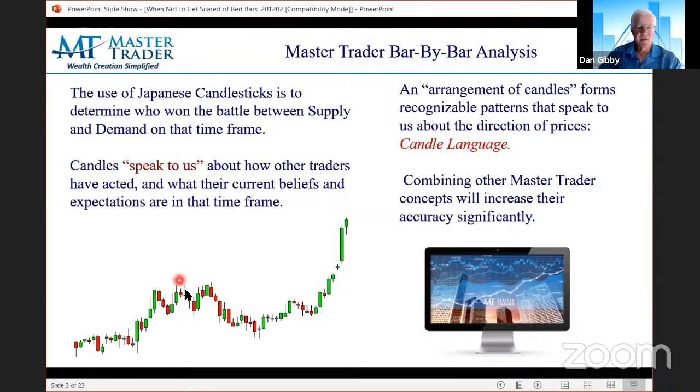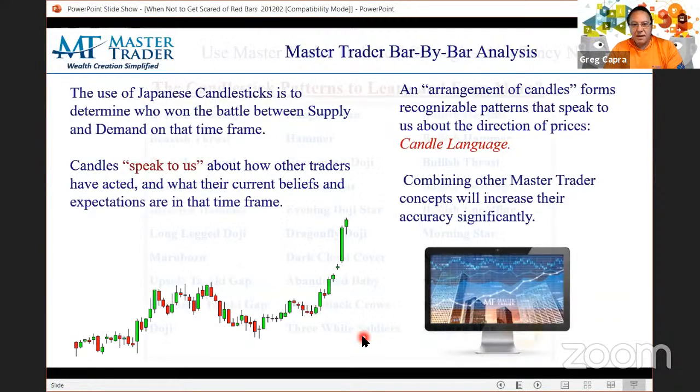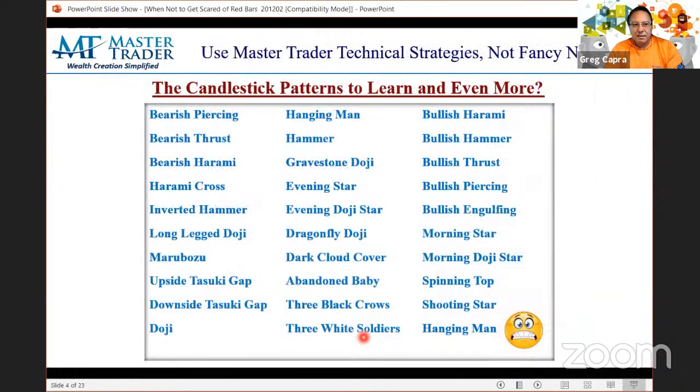So Greg and I could tell you, we could go bar by bar, we could look at the patterns, we can put all our concepts together to make very intelligent decisions on what we think the probability of this issue moving up, down, or sideways is. And so this is, Greg coined it here, candle language. The arrangement of all these bars is speaking to us. And it changes on a continuous basis, but